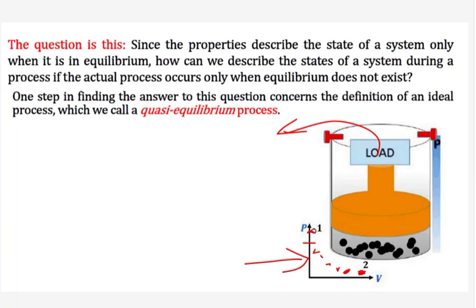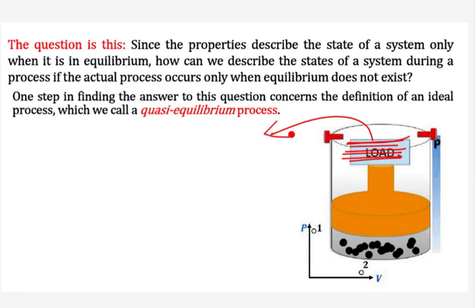Now to get this equilibrium point, what we do, you must be knowing, in every book it is there, divide this load into n number of small parts. Now you remove one small part, what will happen, it will displace by a small amount, and it should be so small that the next equilibrium point you should achieve very quickly. And then again the next equilibrium point, again the next equilibrium point, and then you will reach state point 1.